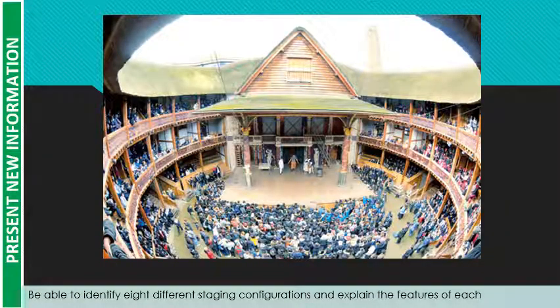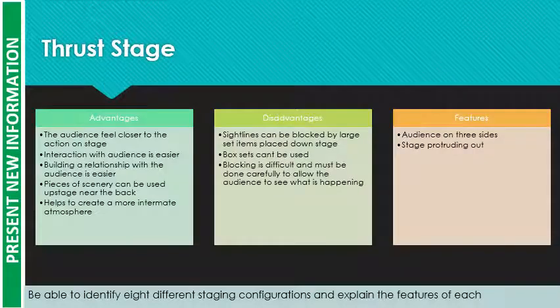This is a picture of Shakespeare's Globe in London, again using a thrust stage. You can see on this one that the audience are on all three sides. The audience down there, and down there as well. So it is a thrust stage. It's going out into the audience. Some of the features of a thrust stage then: the audience are on 3 sides and the stage is protruding